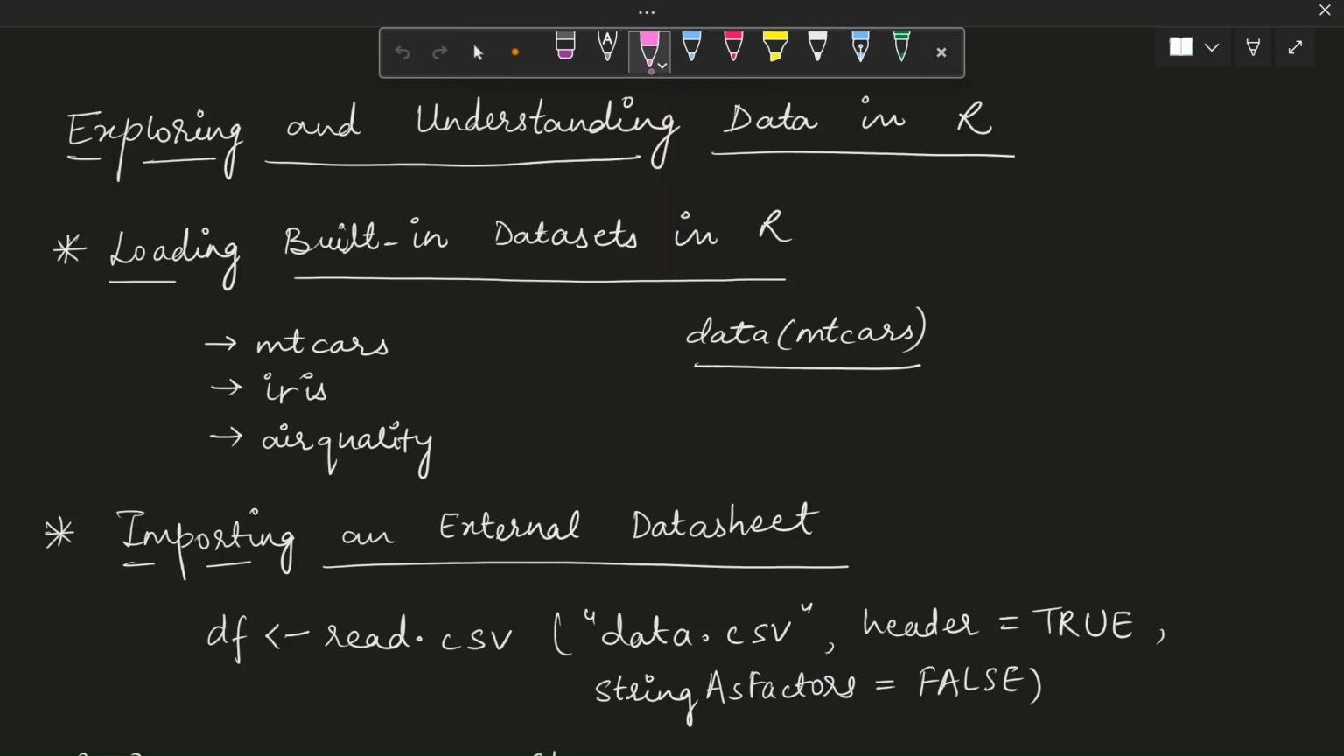Today we are back with another data analytics tutorial video where we will understand exploring and understanding data in R. Before performing any data manipulation, it is crucial to explore and understand the data. This helps in identifying patterns, missing values, and data types which influence our further analysis. So in this video, we will look at some basic commands in R that help us in exploring and understanding